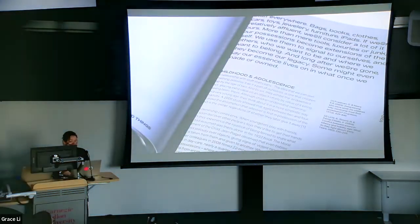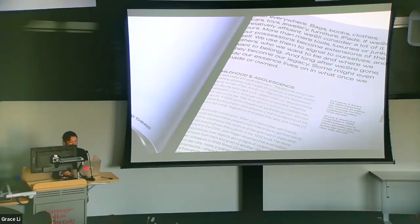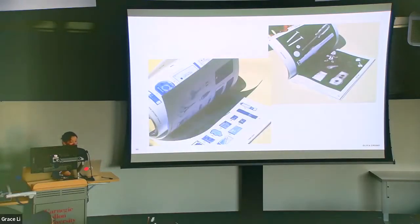So I compiled all of my research about why we collect things and our relationships to stuff in a book, along with a complete catalog of all the objects in my childhood home junk drawers. I organized it by room in my house that it came from, and it was really sweet to see that the drawer that my mom would often put things reflected her daily routines, her love for food and cut flowers,